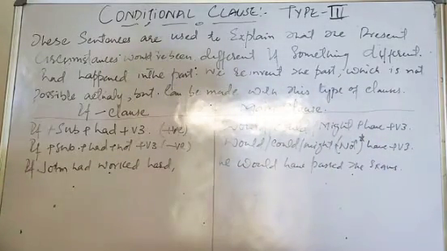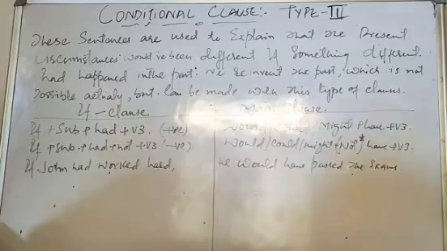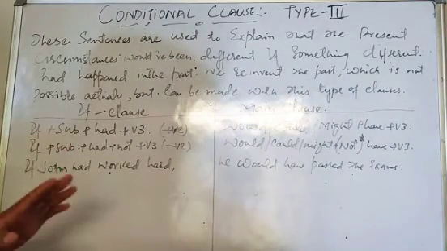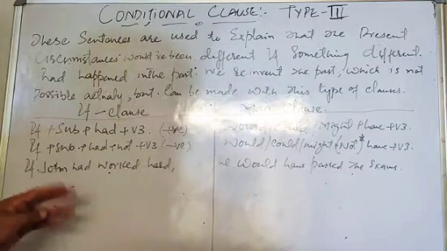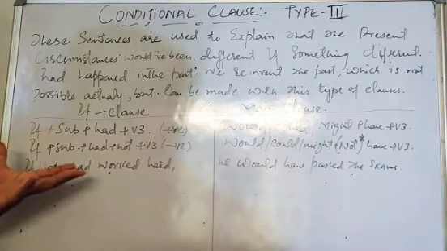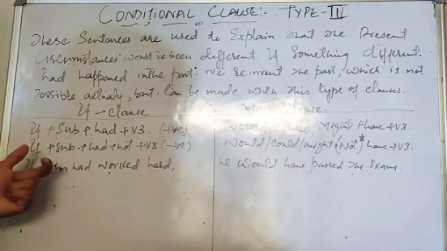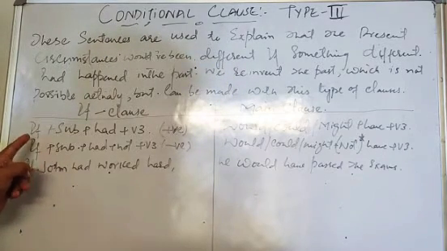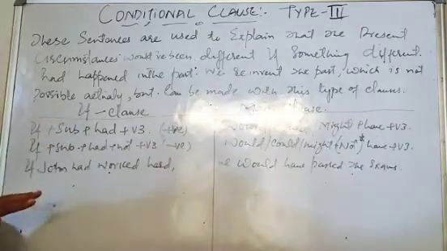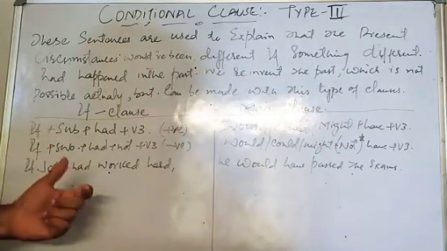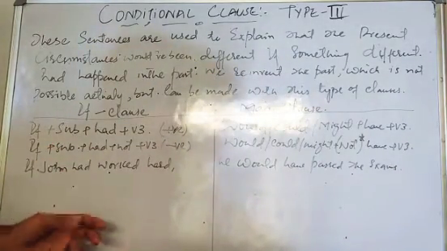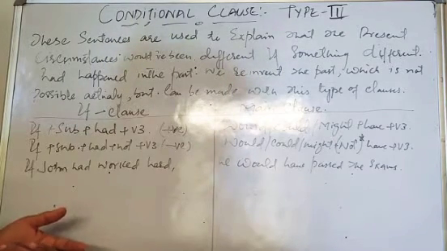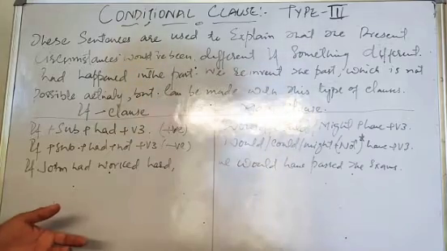Basically there are two clauses, if clause and main clause. In the if clause we make the imagination, and in the main clause comes its result. When we make a positive type third conditional clause, we use if plus subject plus had plus v3 in the if clause, and in the main clause would, could or might may be used with have and third form of verb.